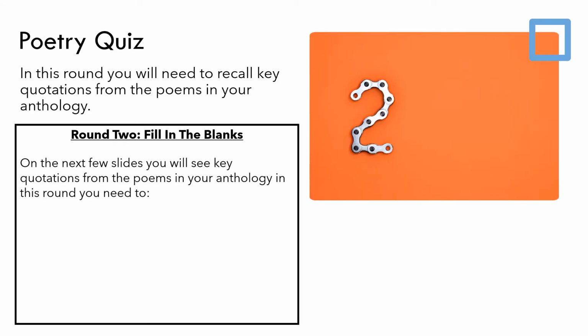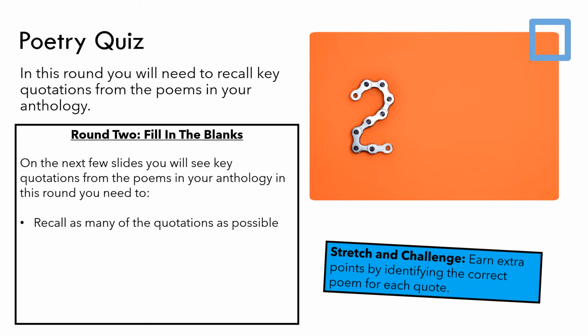Okay, so now we're moving on to round 2. In this round, you'll need to recall key quotations from the poems in your anthology. This is an extremely important thing to practice for the exam. You won't have all the poems in front of you, so it's important that you constantly come back and revisit this and make sure you're aware of the key quotations in the poems. So on the next few slides, you'll see key quotations from the poems in your anthology, and in this round, you need to